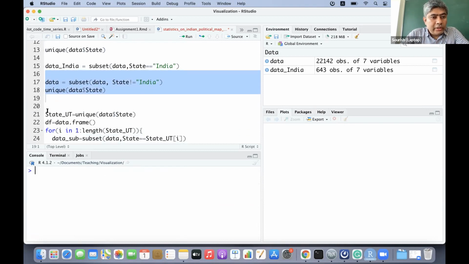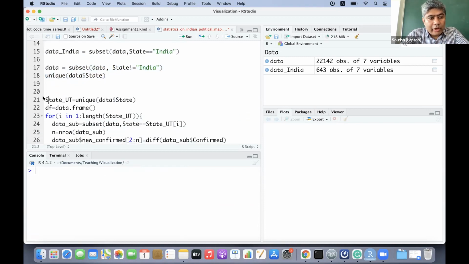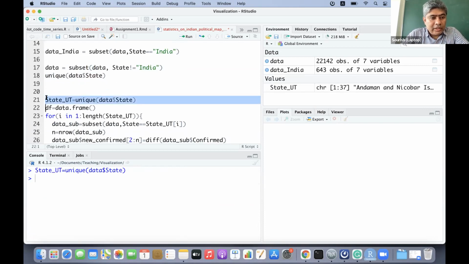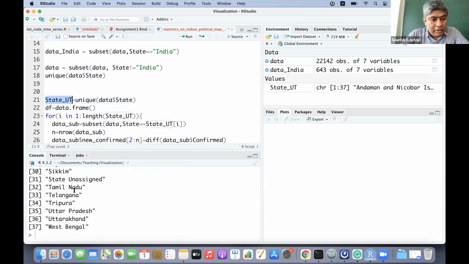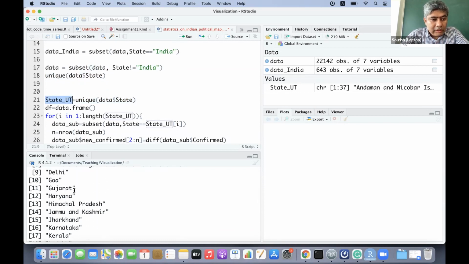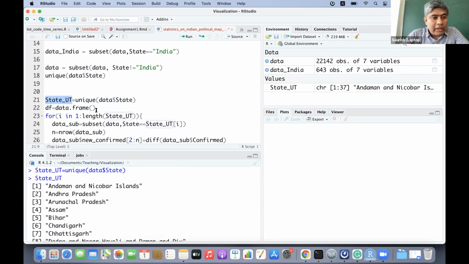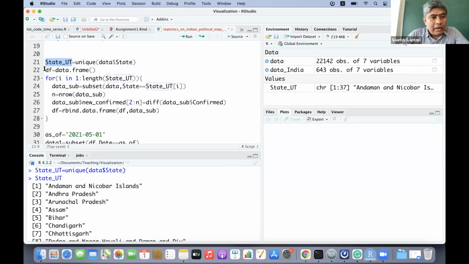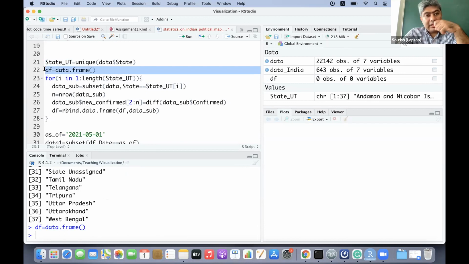All right. Now what I'm going to do, I'm just going to keep these things in one vector and creating a data frame. Why I need this, that basically you want to create a third column, daily confirmed cases.